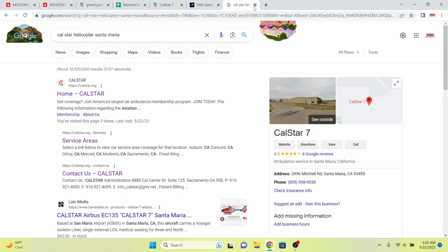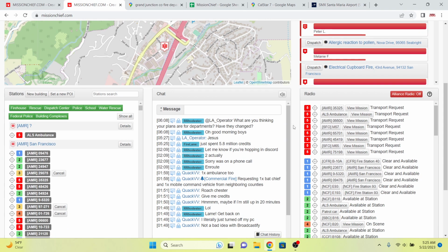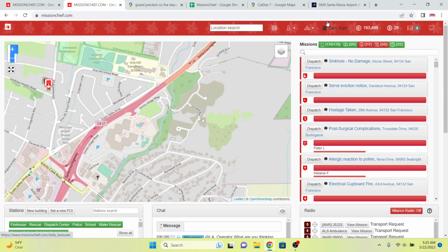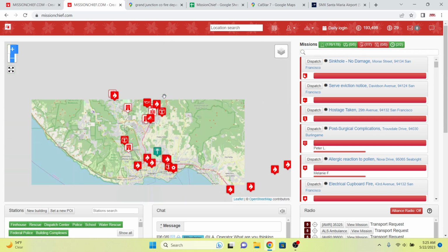So last up, I have an alliance member. I was just reading some alliance chats here. So my alliance member has started up in Oakland,